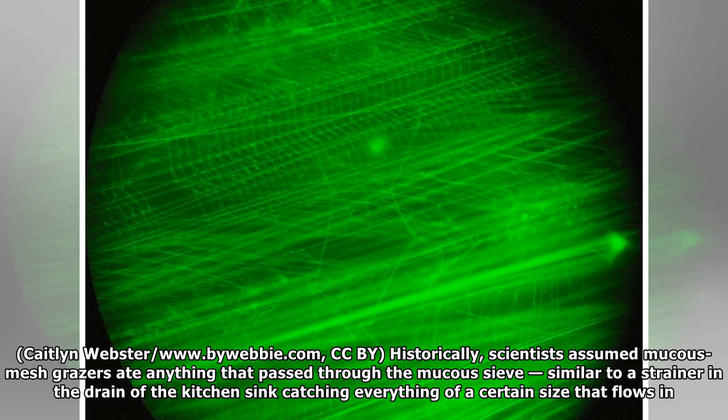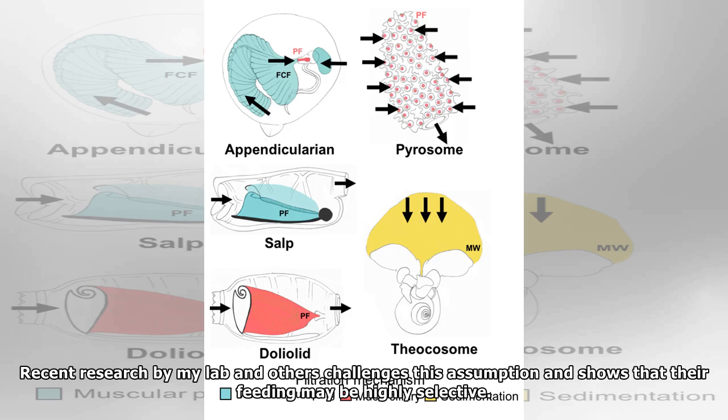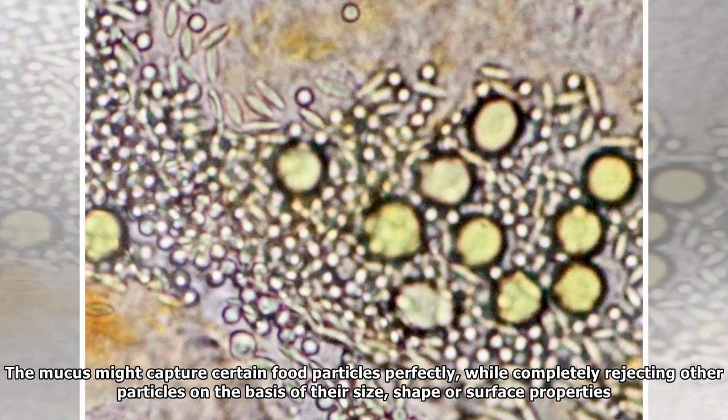Historically, scientists assumed mucus mesh grazers ate anything that passed through the mucus sieve, similar to a strainer in the drain of the kitchen sink catching everything of a certain size that flows in. Recent research by my lab and others challenges this assumption and shows that their feeding may be highly selective. The mucus might capture certain food particles perfectly, while completely rejecting other particles on the basis of their size, shape